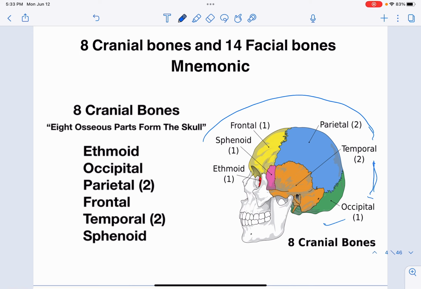And the mnemonic, if you need it to help you memorize which bones make up this part of the skull, is 8 osseous parts form the skull. And remember, a mnemonic takes the first letter of each of the words to help you memorize these bones here. So we're going to go through these bones, and there are features that are important to each of these bones